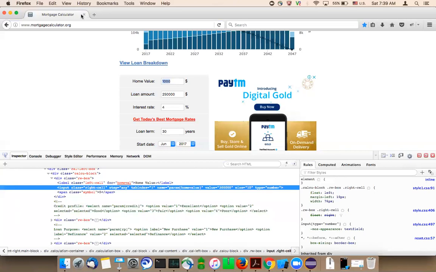Two more: link text and partial link text. Okay, ID, name, class name, tag name, link text, partial link text, XPath, CSS.